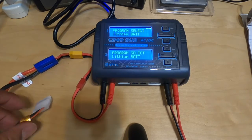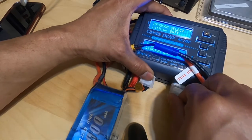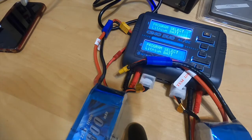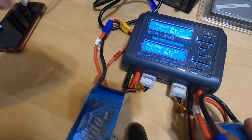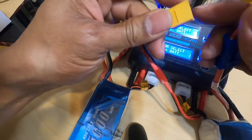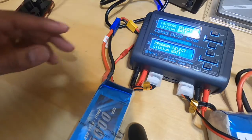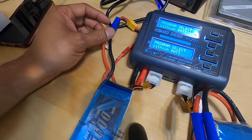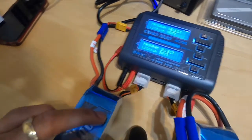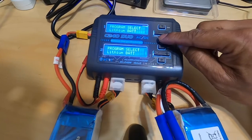And you see that it defaults to the lithium battery. It's not the greatest idea to charge two batteries right next to each other like this, and you really should charge batteries inside of a protective bag that's designed for charging LiPo batteries. I'm going to be watching these carefully so that there's no way that I'm going to allow these to overcharge. So once I got them connected here,